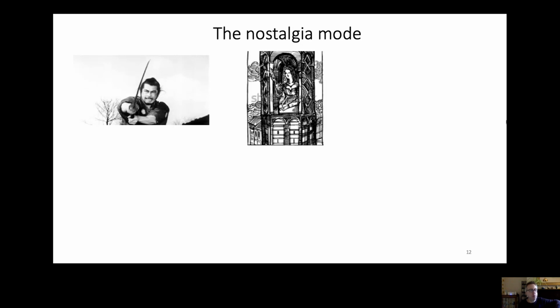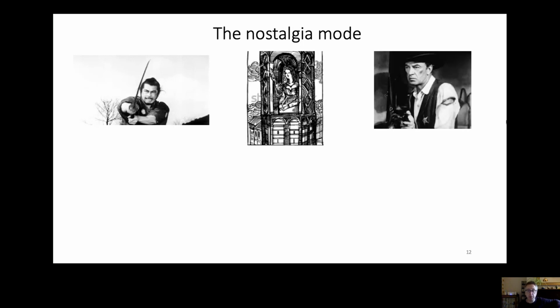I'm going to introduce this using an example. I want to imagine you're a film director and you want to make a film and you think, I want to do something new, but I'm going to draw on the films that inspire me, and I love samurai movies. But also one aspect of culture I love is myth and fairy tale, Rapunzel in the Tower, that kind of storytelling. And I love westerns, gunslingers. I'm really big on westerns. So what can I do with those?